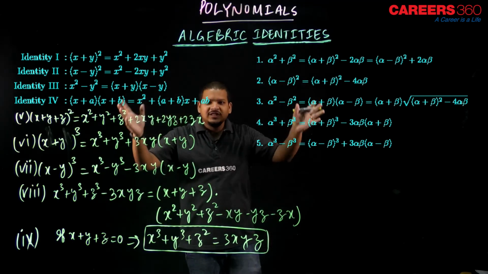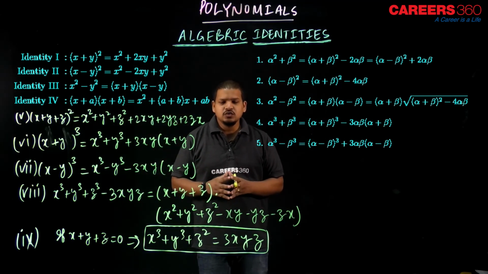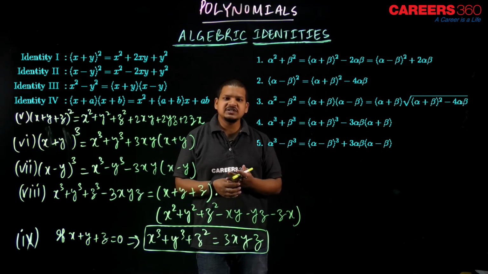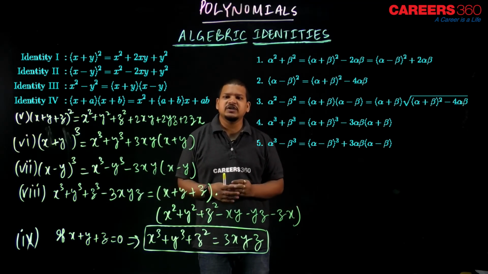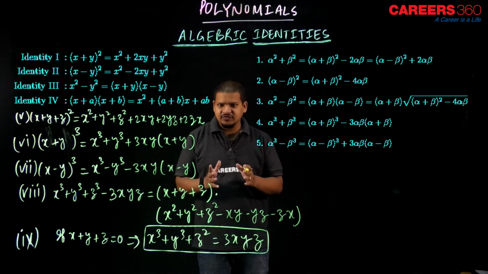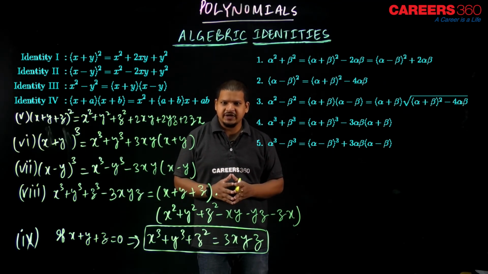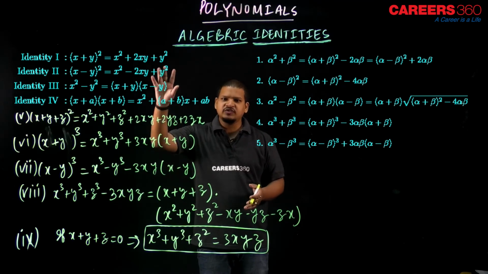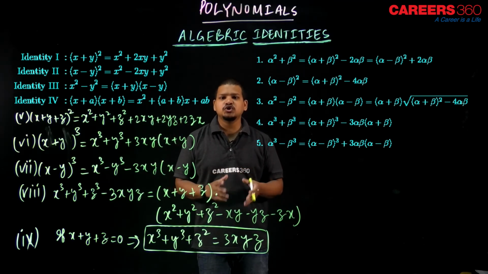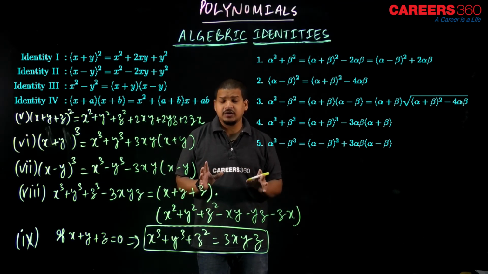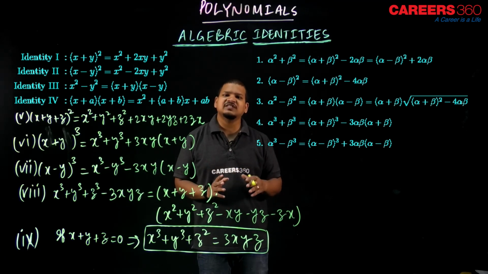All these identities that we use in our calculations, you need to cram, right? They should be on your fingertips. If I ask you what is x cube plus y cube, then the answer should come right away: x cube plus y cube plus 3xy bracket x plus y, right? Similarly, for any of the identities, if I ask, you should be able to answer it, right? The expertise should be on such a level.